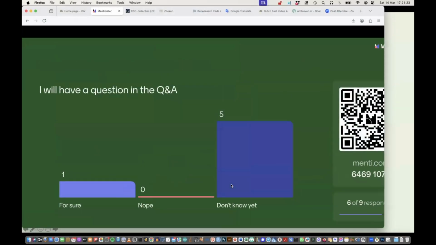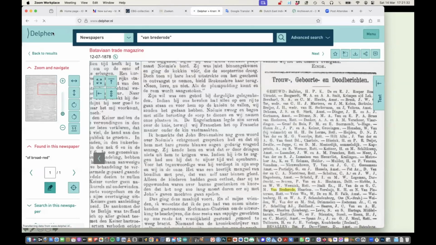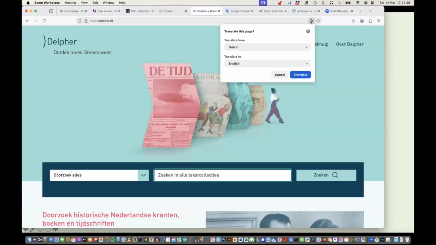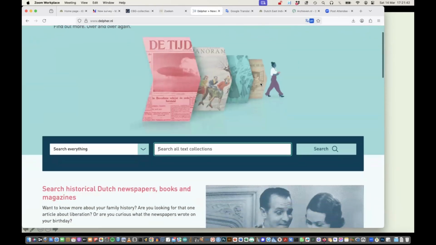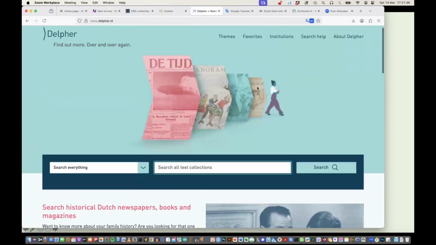So you just go to Delpher. This is Delpher. You see now it's in Dutch, but if you translate it here into English, it will show a reasonable translation.